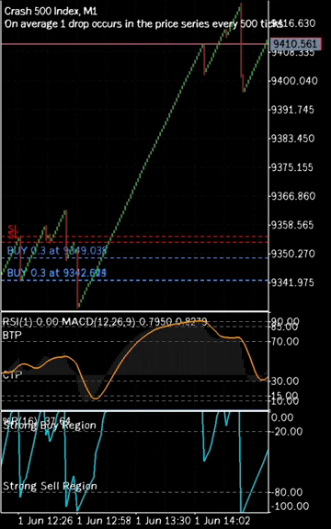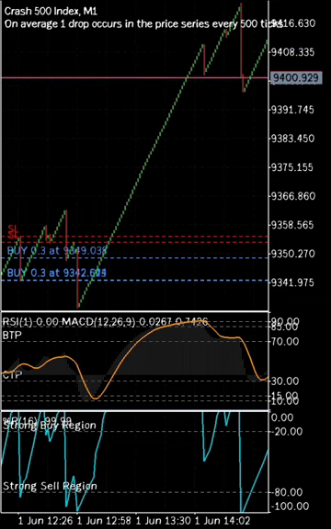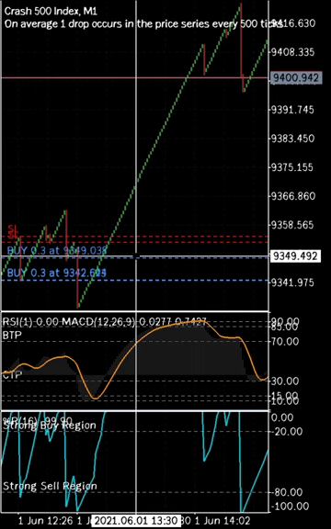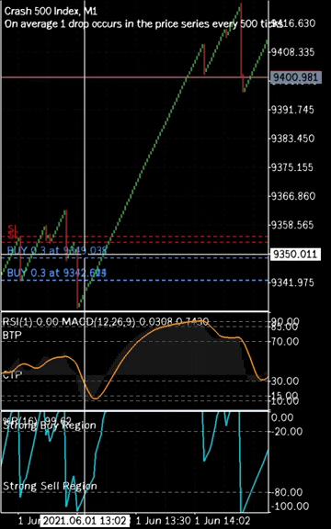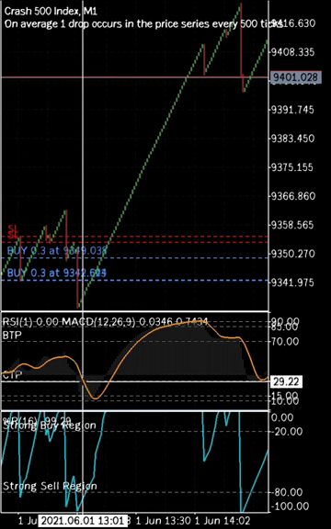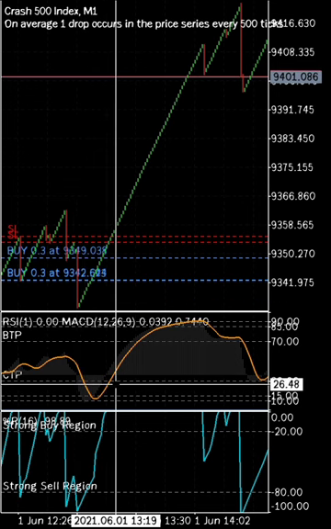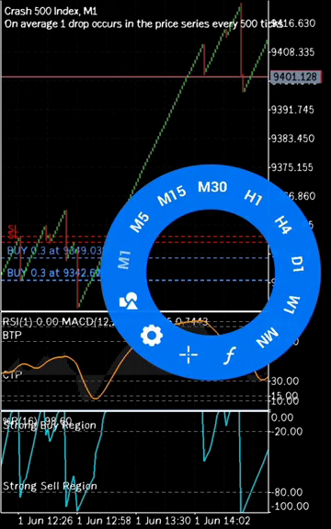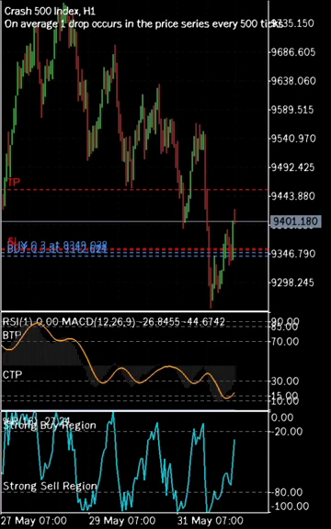Now, based on my understanding of market structure, I knew that this market was going to buy for long, so I just waited for an entry reason. I waited for the confirmation on the Williams percent rate on the 1 hour, and then I came down to the 1 minute to use my MACD for my entry, and then I entered here and I started riding the market. If you see where I set my TP, you can see that the market has not even gone there, and I'm in crazy profit.